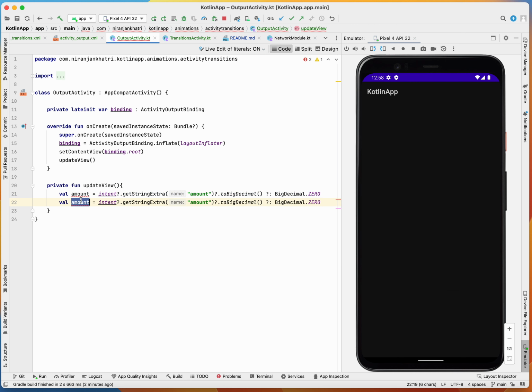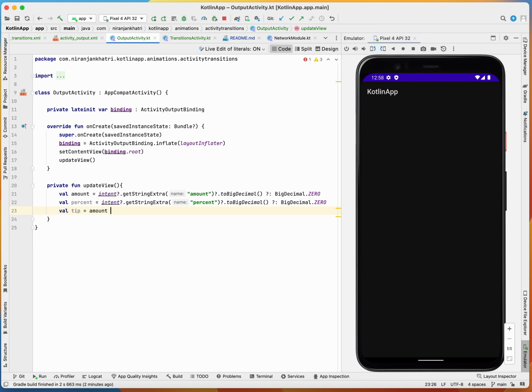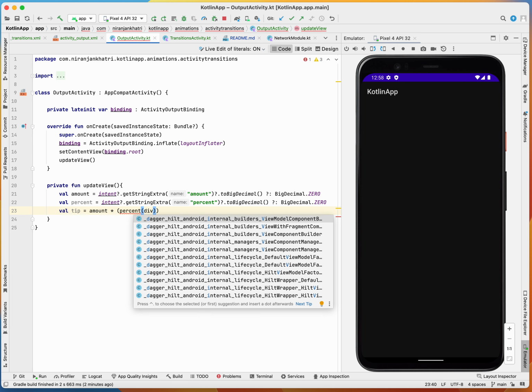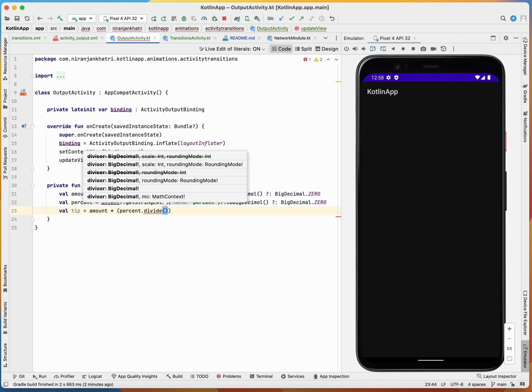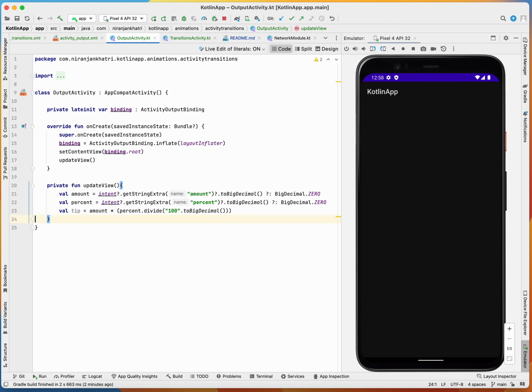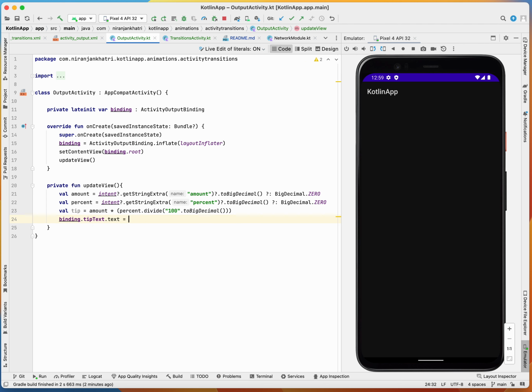Similarly we also have for percent. Then we'll also have the tip calculator: amount into percentage divide by 100 to big decimal. This formula will calculate our tip, and then our binding tip text dot text will be assigned to